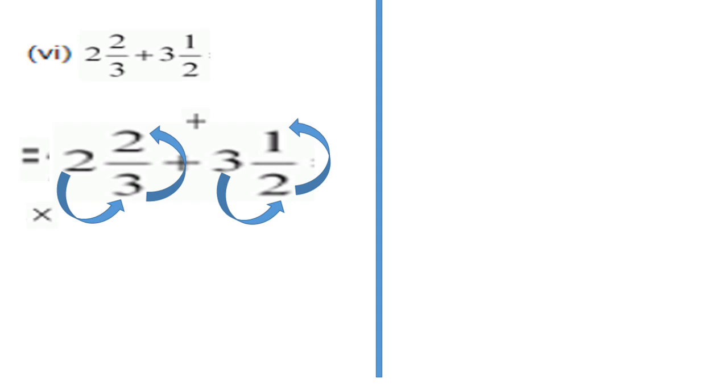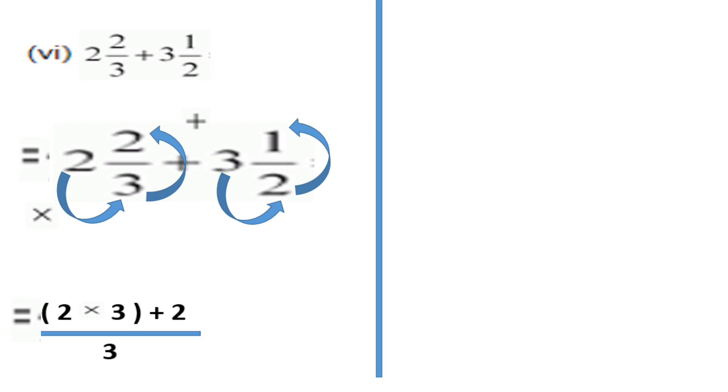You can see one more time. For changing this, 2 into 3, this 2 into this 3 plus the numerator, that is 2, by whatever the denominator is in the question. Here we have 3. So the answer will be 2 into 3 plus 2 by 3. See, I have written like this, 2 into 3 plus 2 by 3. Like this you have to write.